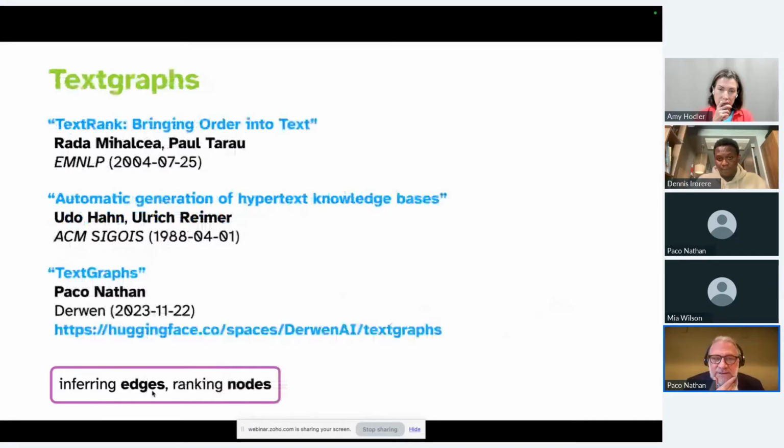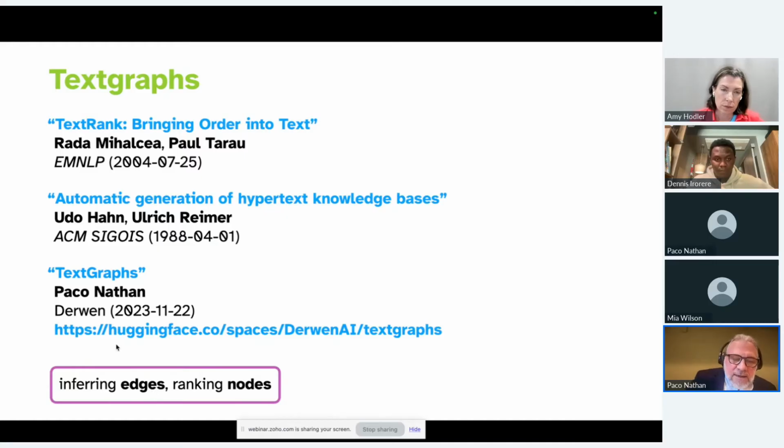And then another technique we'll show is something called text graphs. And I think this is highly underrepresented, but I've been working with text graphs for a long time. We have a project called PyTextRank that's been around for a number of years. Text graphs go back to the late 80s with Udo Hahn and Ulrich Reimer. But then Rada Mihalcea took it and ran with it for her dissertation in 2004, went into Google, and she's now one of the lead AI professors at UMichigan. She did the TextRank algorithm, and I've been working on some teams to do implementations of TextRank in Java, Scala, Python, etc. We've got a nice demo for this up on Hugging Face if you want to check it out.